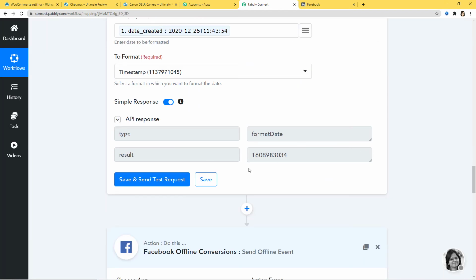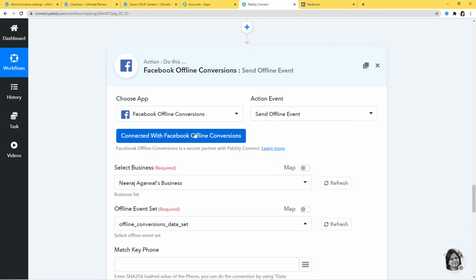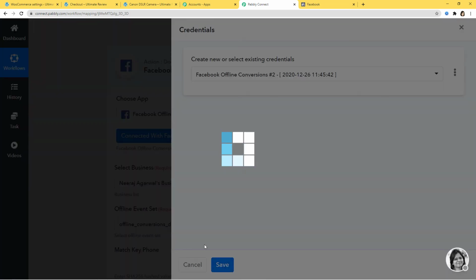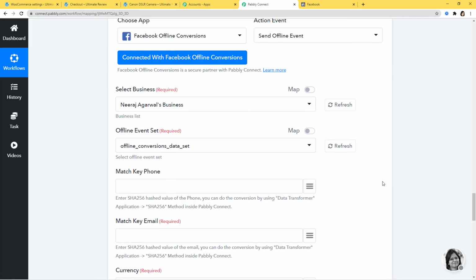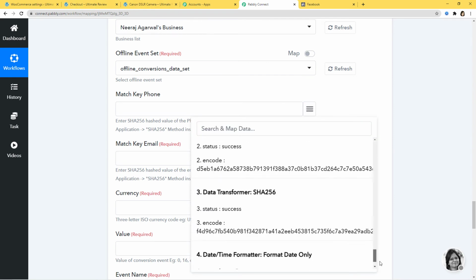So you can see we have got the date in timestamp format. That is what this requires. Okay. I'll just save this one again so that our workflow gets refreshed. Okay. So now match key phone, I am going to enter the coded phone number that we got in API